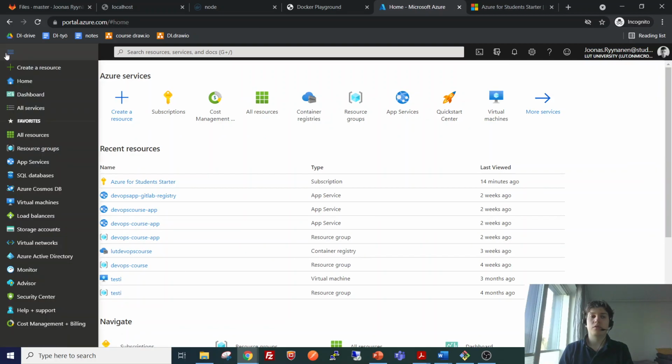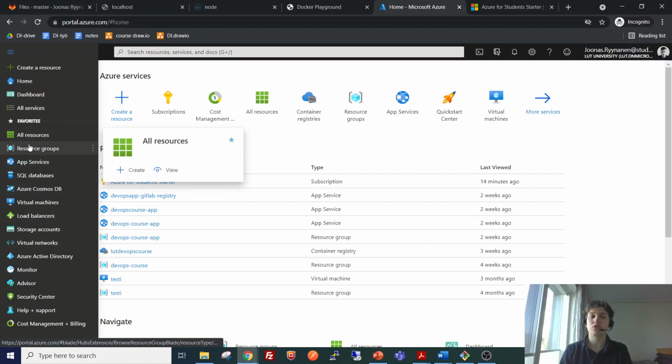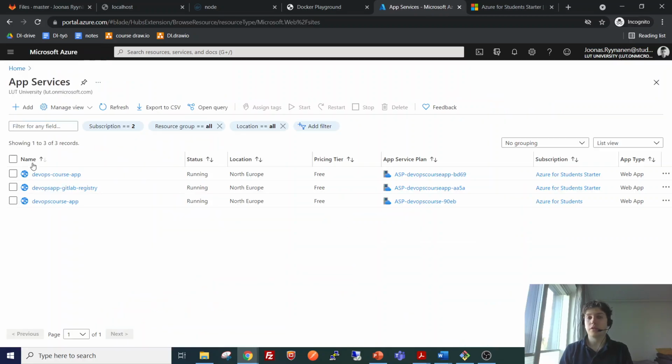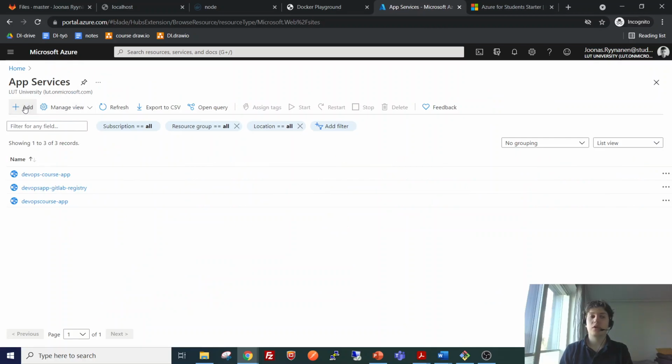Right, and as you have learned from the theory section of this course, cloud platforms offer computing services over the internet, so there are a lot of different resources available on the Microsoft Azure, but we are mostly interested in the app services that they are offering.